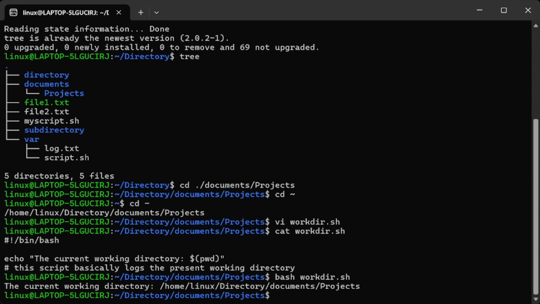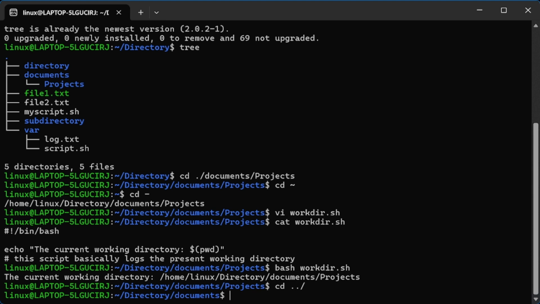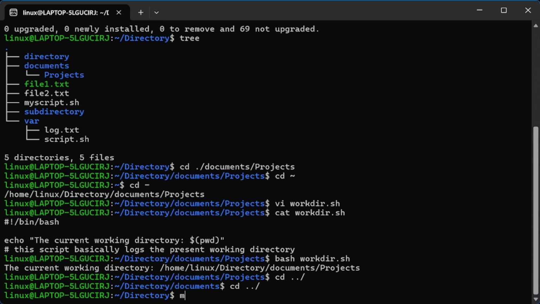Another command that I would like to dive into is mkdir. Mkdir, if you are not already familiar, is a command that is used for creating new directories. For example, if I want to make a new directory called new_directory, let us change the location back to our parent directory. Let's type, and so we will execute mkdir followed by the name of the new directory,